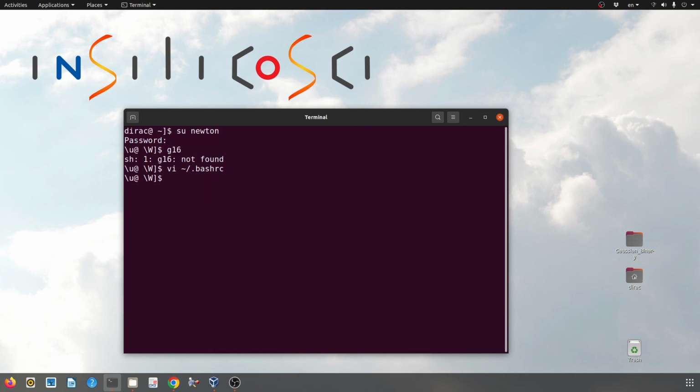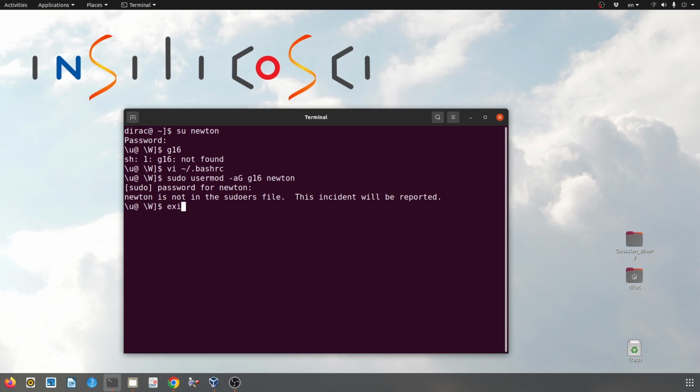Okay, now we have to add Neoton to the G16 group, because we granted the permissions of the Gaussian binary folder to the G16 group, and we can do this by this command: sudo usermod -a -G G16 Neoton. Okay, it just says Neoton is not in the sudoers file, and we can't use sudo with this user.